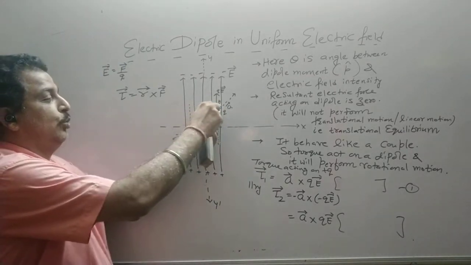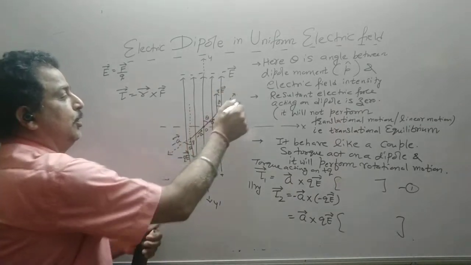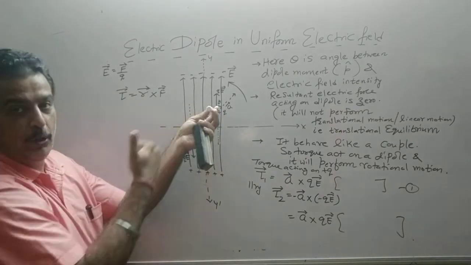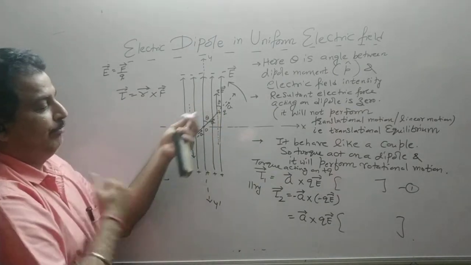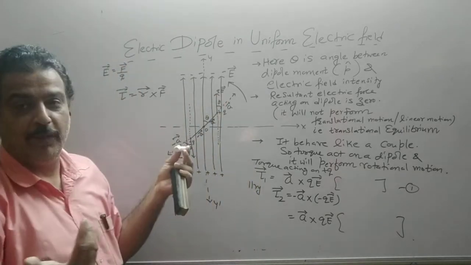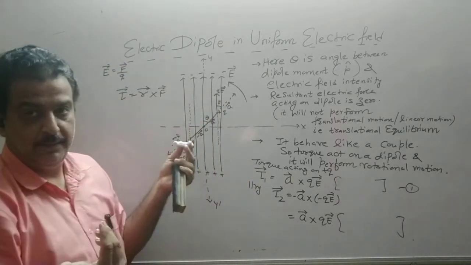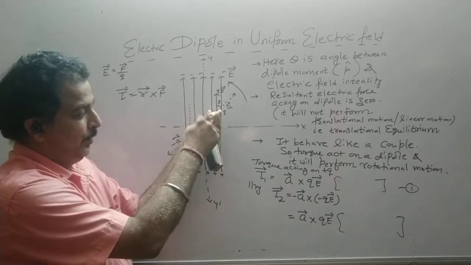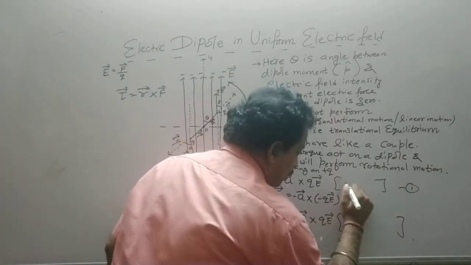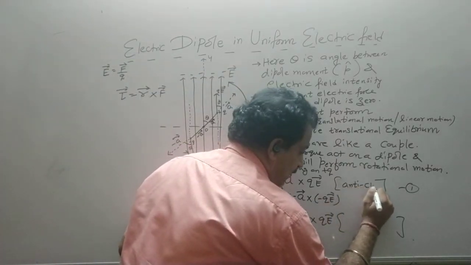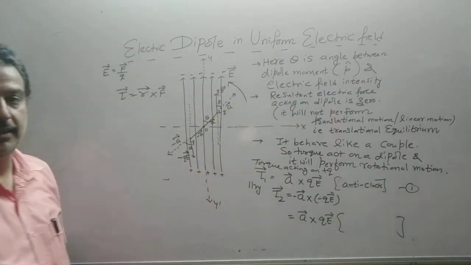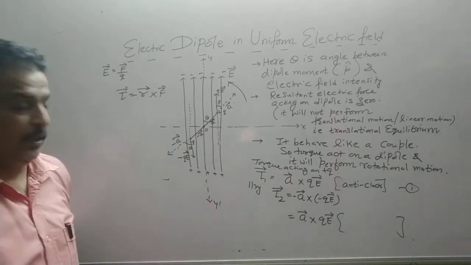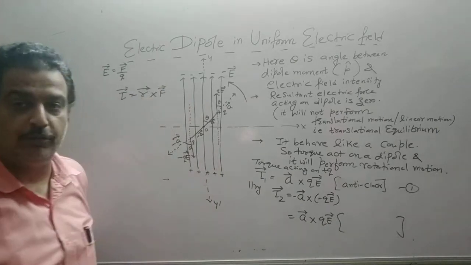Or if I keep a screw and rotate it from R to QE like this, again the screw will come out. So the direction of tau 1 is coming out from the plane of the paper, say z-axis. And if I see the motion of the screw, it is anti-clockwise. So as far as the board is concerned, or rotation is concerned, I will write anti-clockwise, or the vector is coming out. If I say what is the direction of tau 1, it should be coming out from the plane of paper.